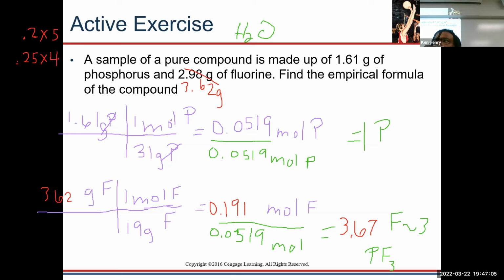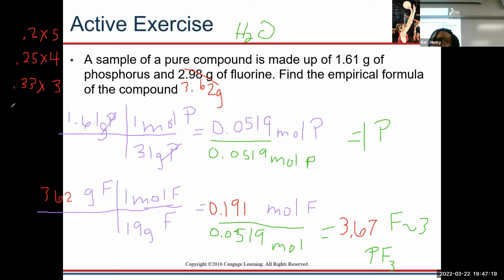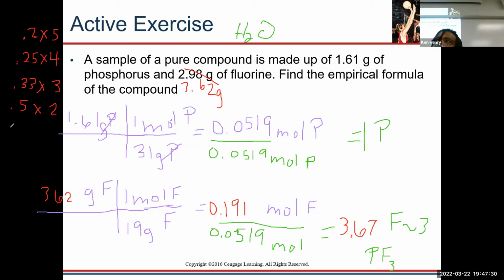Okay, if I have 0.33, what can I multiply that by to make it a whole number? 3. And if I have 0.5, what can I multiply that by to make it a whole number? 2. Okay, if I have 0.66,